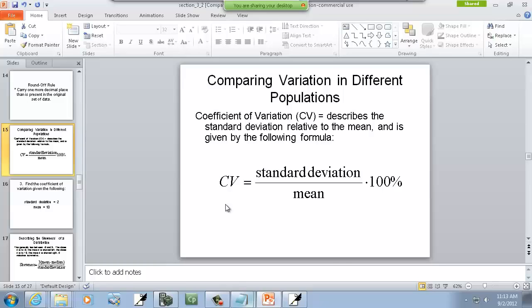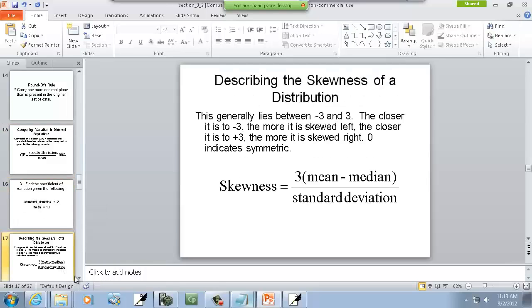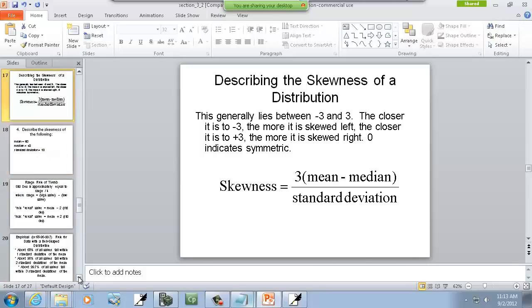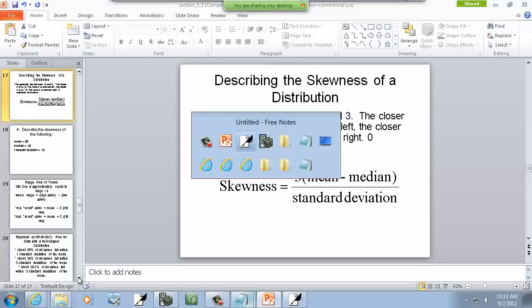Now, again, this book doesn't do a whole lot of analysis of what does this represent and so forth. Just basically finds it. Now, another formula we can use to describe the skewness. Remember, skewness is when your data is skewed left or right. When you look at your bar graph,